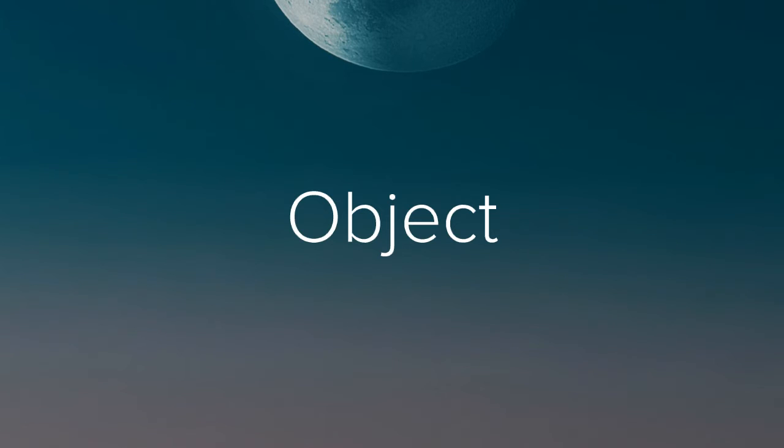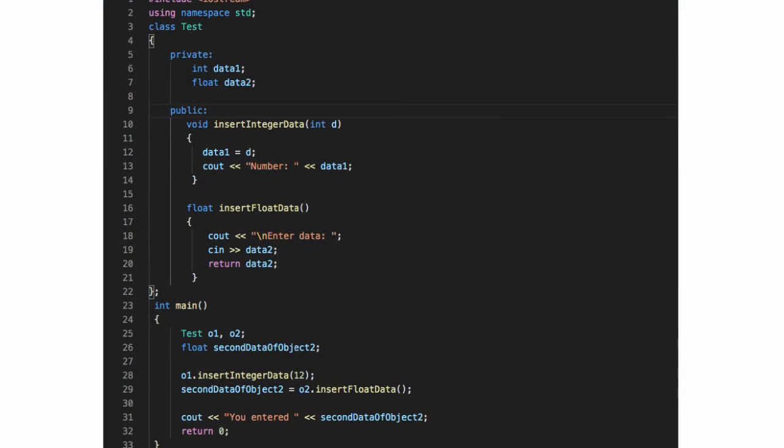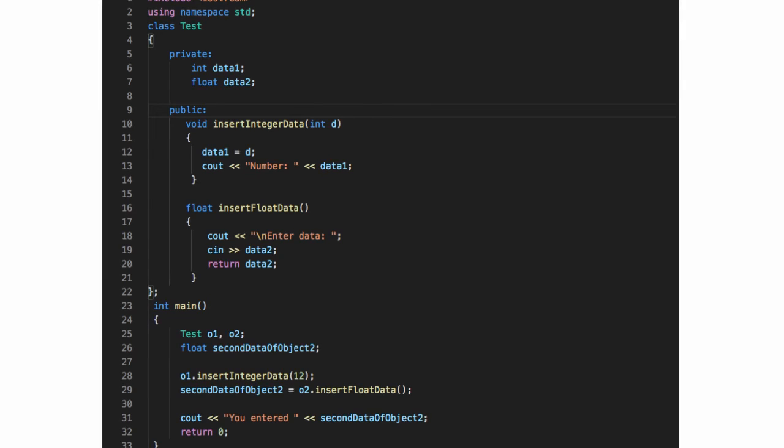C++ definitely does support the object-oriented style of programming, which allows you to divide complex problems into smaller sets by creating objects. An object is simply a collection of data and functions that act on those data. You can access the data members and member functions by using a dot operator. For example, o2.function1() will call